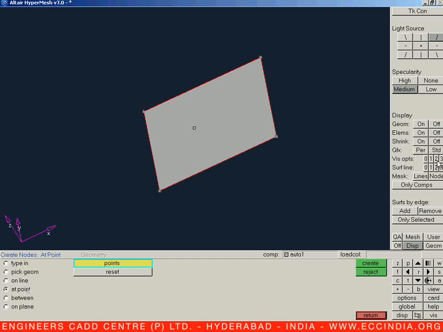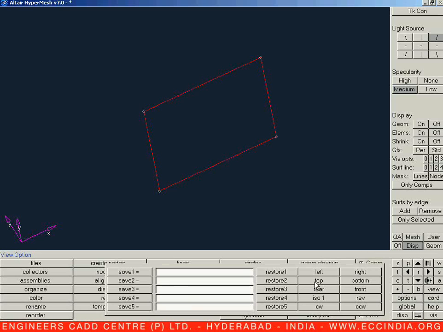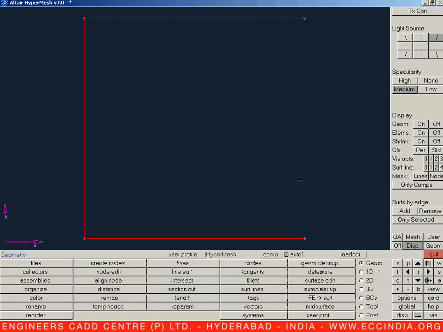So let us see in visual option 2, let us say view top. Press V from your keyboard and select your view as top view. So we can see this is our surface having 10 by 10 sides. That means we can go for creation of a node at the vertices of this particular square. These points are called geometric points which are attached to area, line, surface. Now I need to create a finite element geometry.